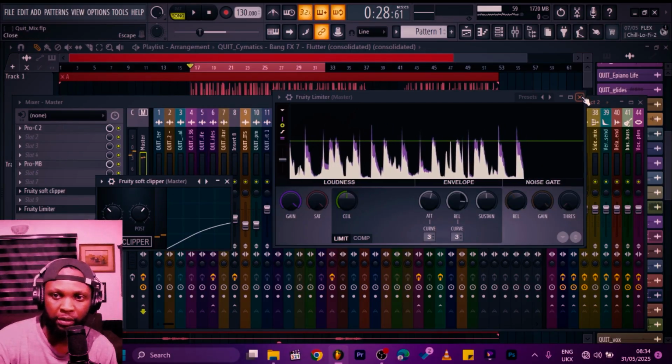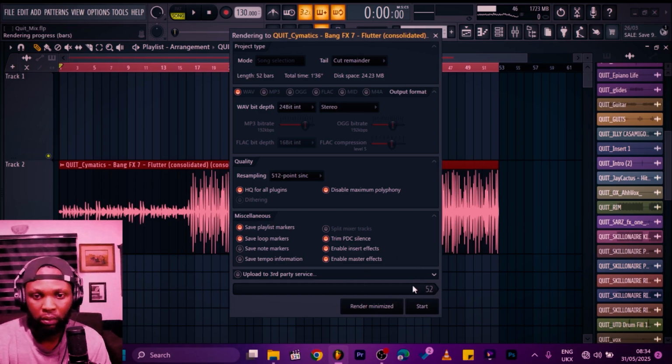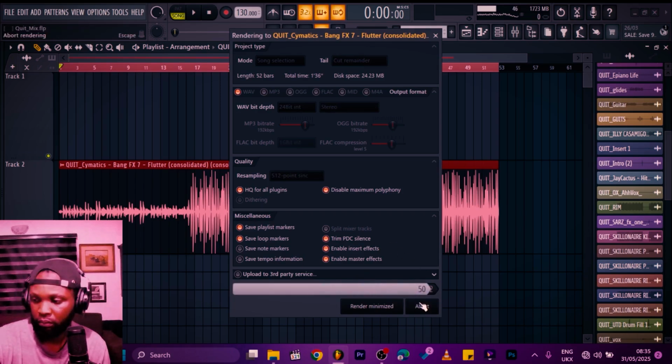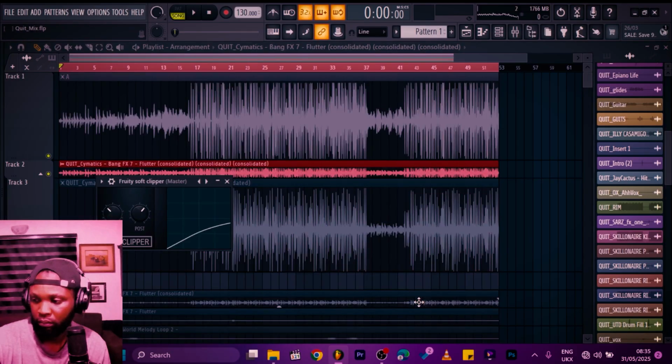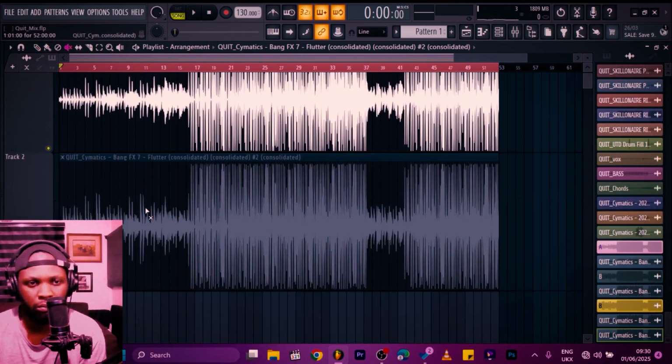I'm going to render it. Control Alt, then C. So for the A and B comparison,